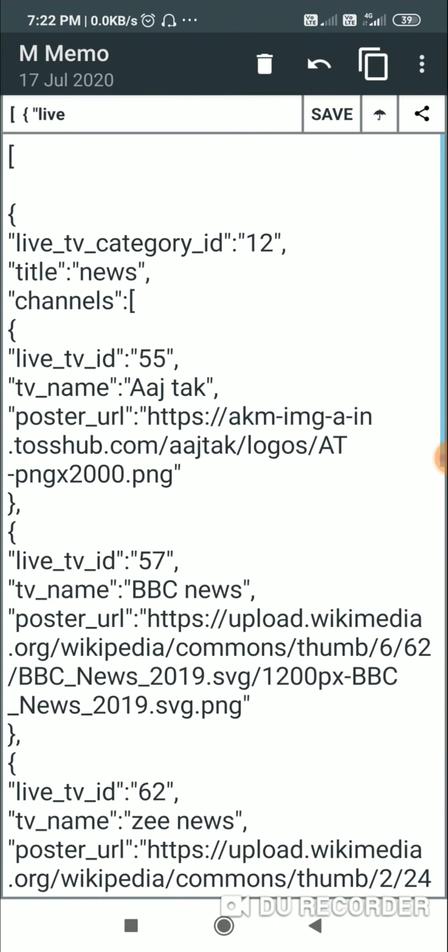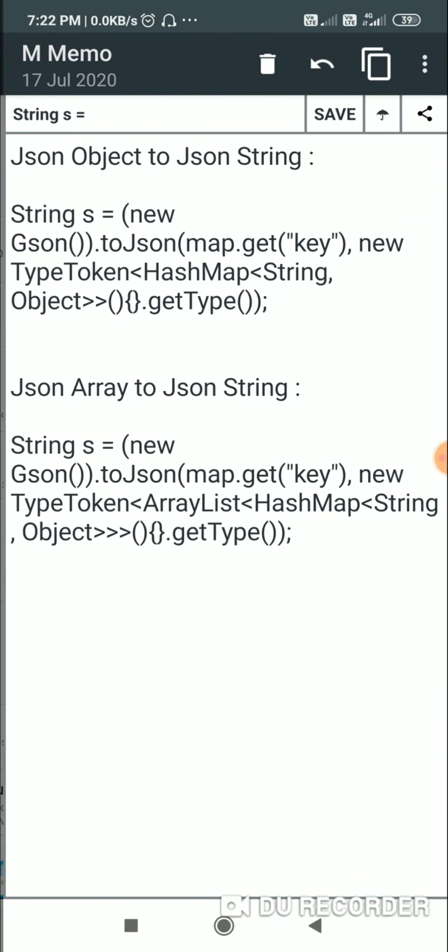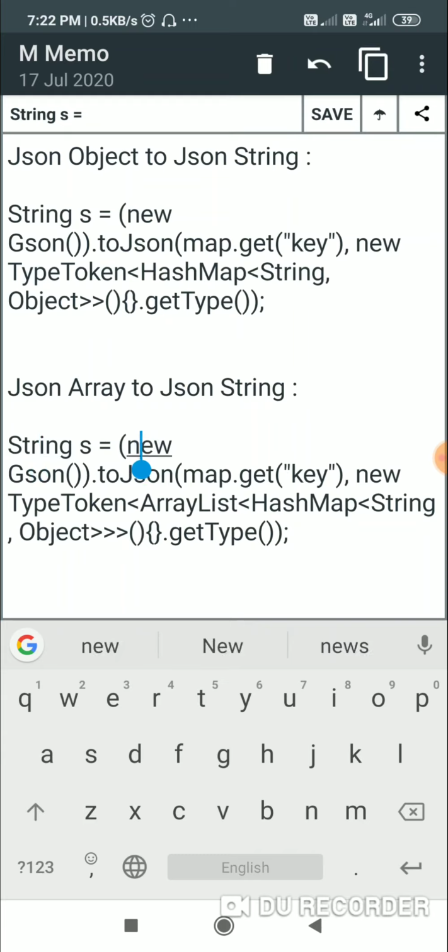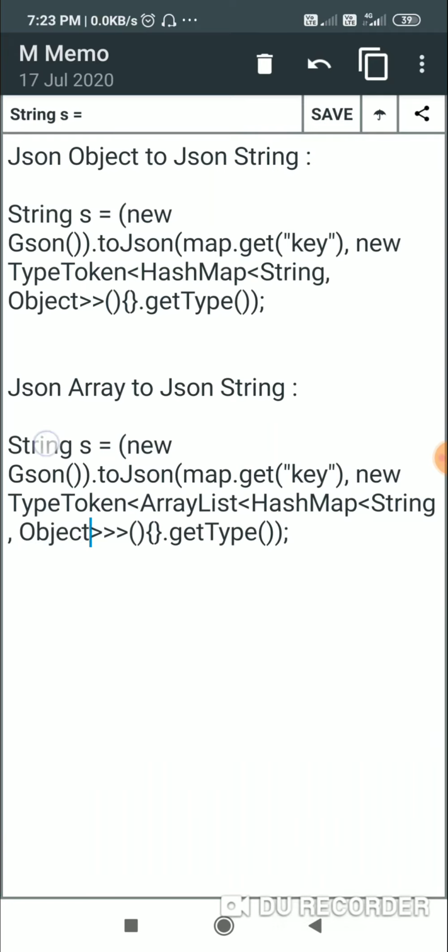So for that we have to use another code, which is this thing. We have to get the key and apply this new Gson().toJson(map.get(key), new TypeToken<ArrayList<HashMap<String, Object>>>(){}.getType()). Here ArrayList<HashMap<String, Object>> represents a list map, so I will use this code.